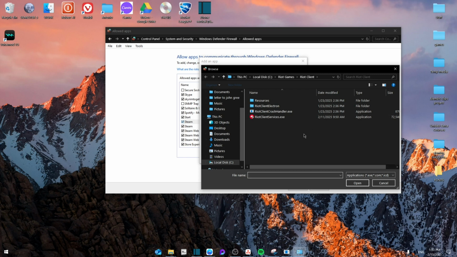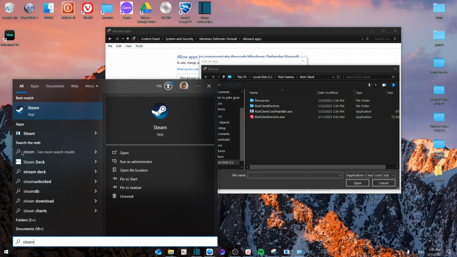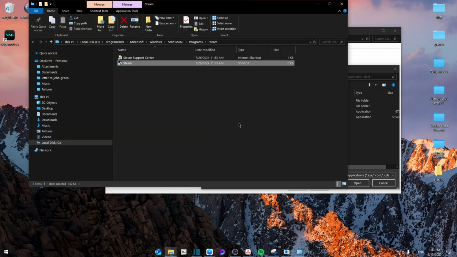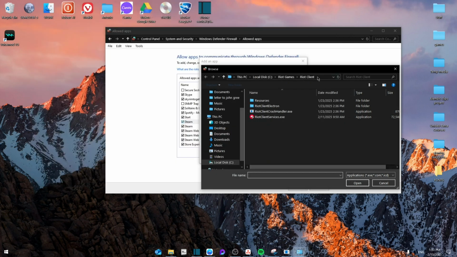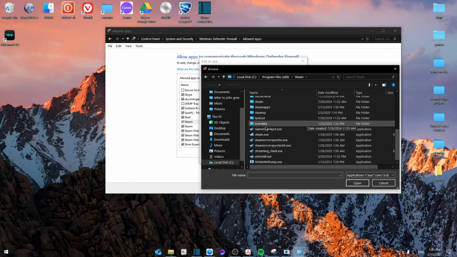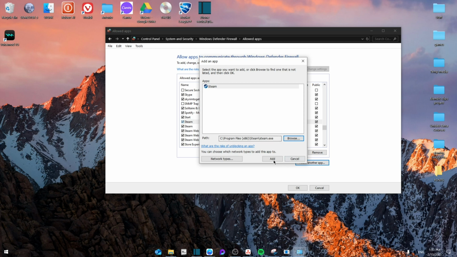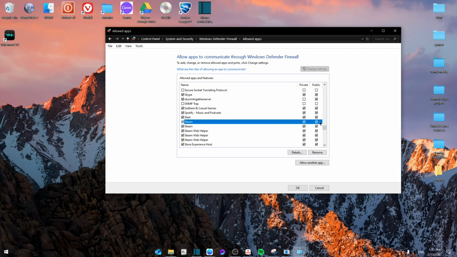Now, if you need to find your Steam app, then you can simply search for Steam, right click, open file location, then do that again. Then from here, we can find the application and then going to close it and paste it right there. As you can see, we're at the file and then we're going to search for Steam and then open and then add it. And then make sure that both boxes are ticked for private and public and then click on